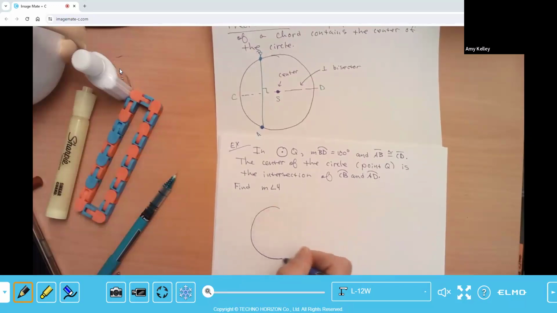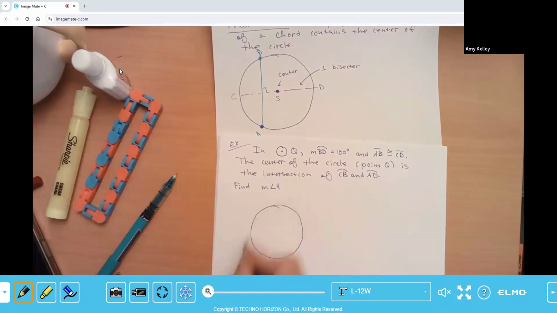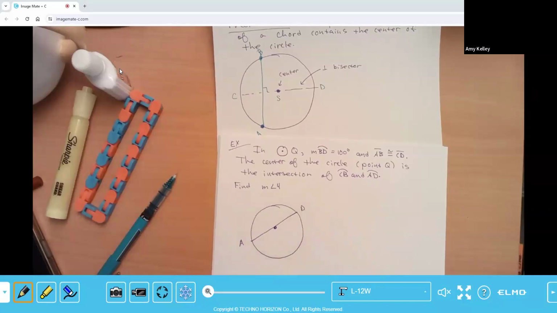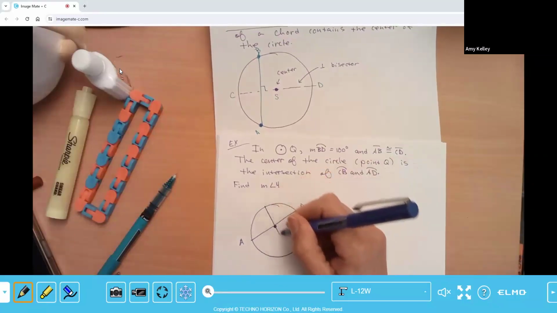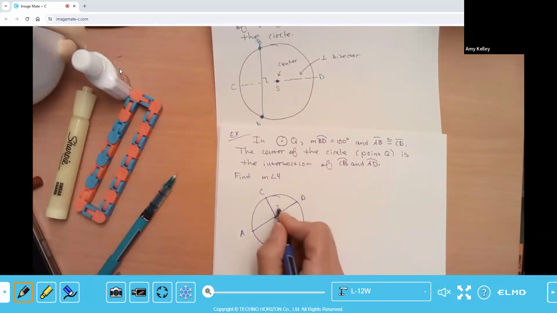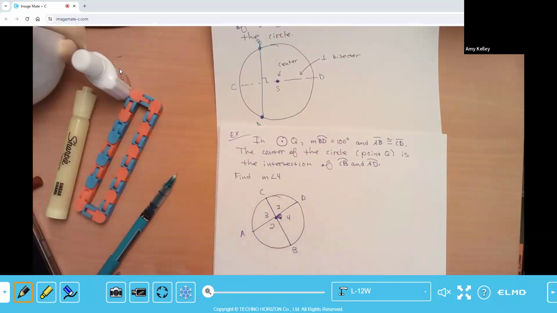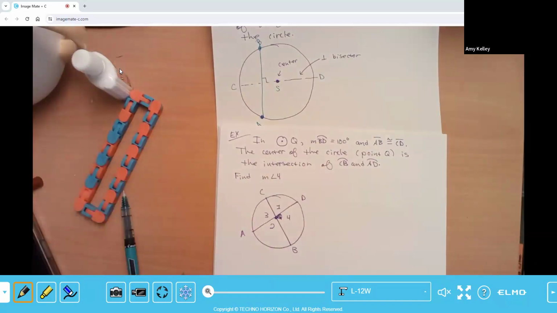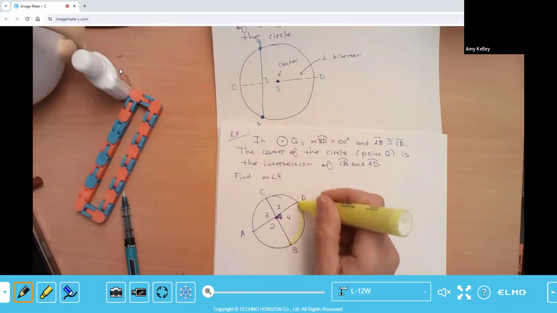Okay, so we have a little circle here. I'll let this chord pass through the center. Pretend that passes through the center. Then this one we'll call CB. We have angles 1, 2, 3, and 4. This is point Q right here. If the measure of arc BD is 100, so we know this is 100 degrees,